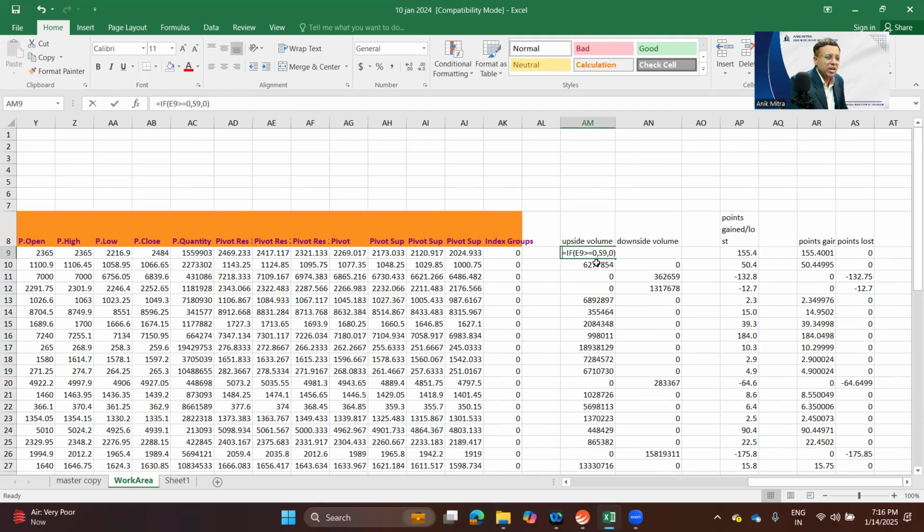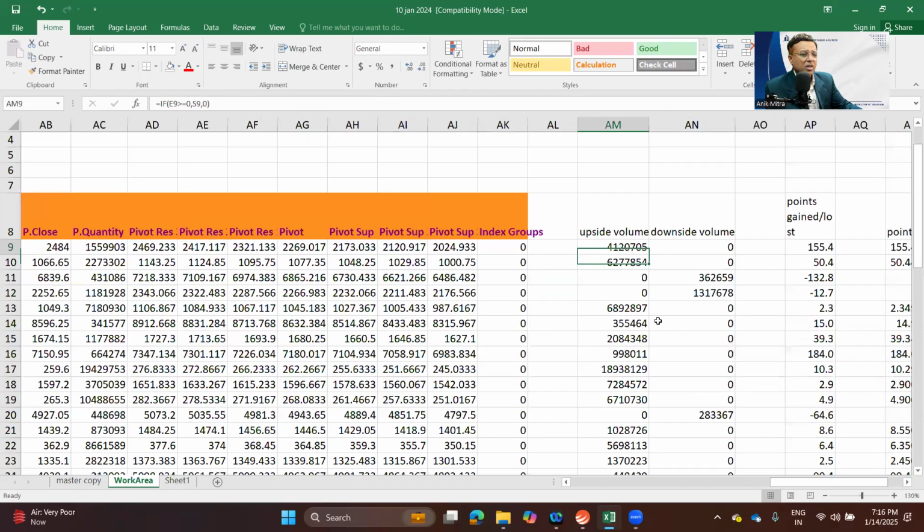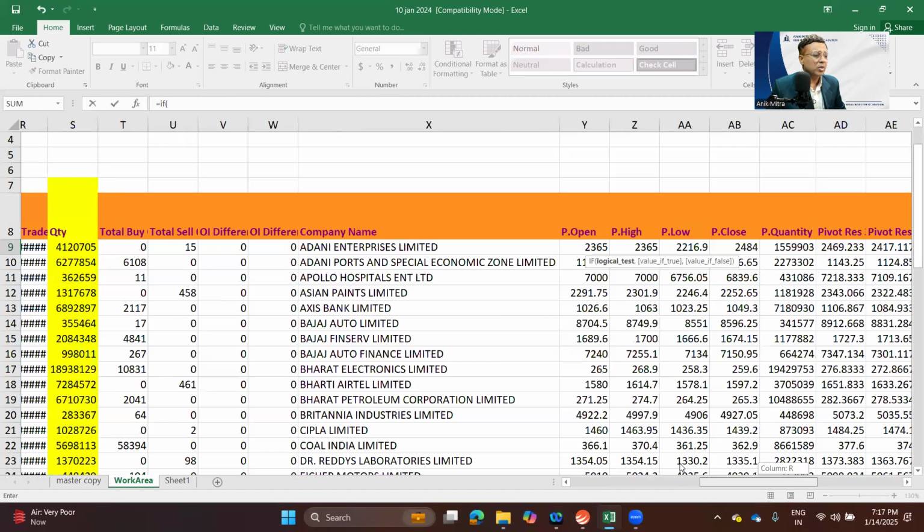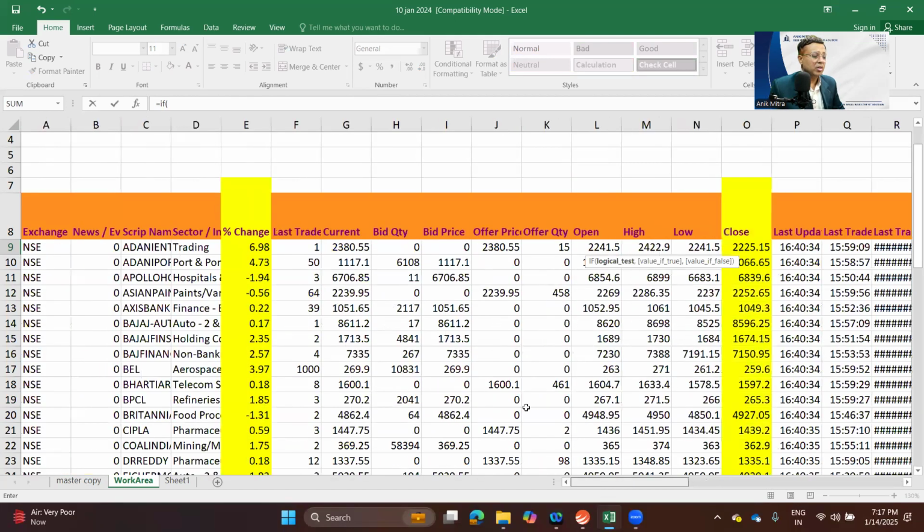So let me rewrite the formula. Before that, let me make the screen a bit bigger. So this is the formula; you can check it in the formula bar also. This is equal to if, my motive is to find the positive close. So if the percentage change column is more than or equal to 0 — it's your call, you can take 0 as positive or eliminate 0 as well —